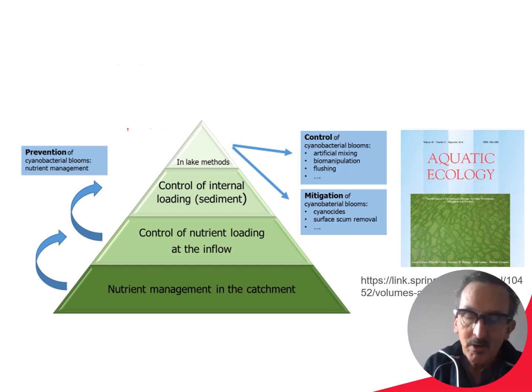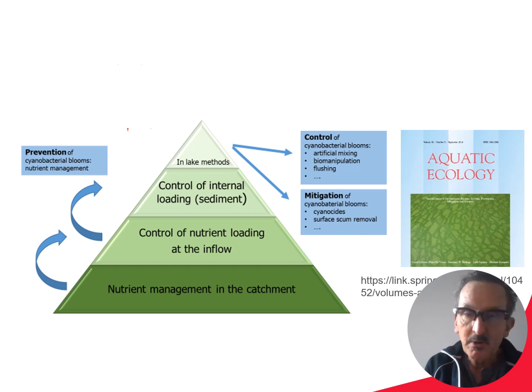Then you need to think about potentially treating nutrient loading at the inflow, as they do at some of the lakes in Berlin, where phosphorus is stripped right when the river flows into the lake. After years of eutrophication, even if you clean up the input, the external inflow, you need to be aware of phosphorus in the lake sediment and prevent internal eutrophication.